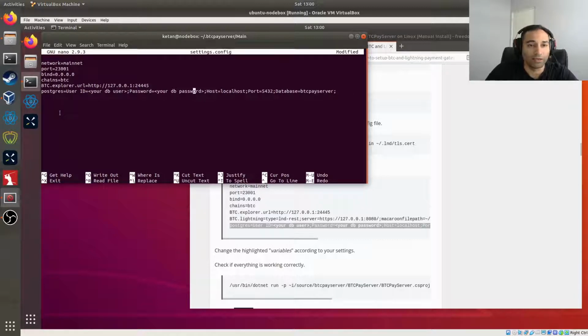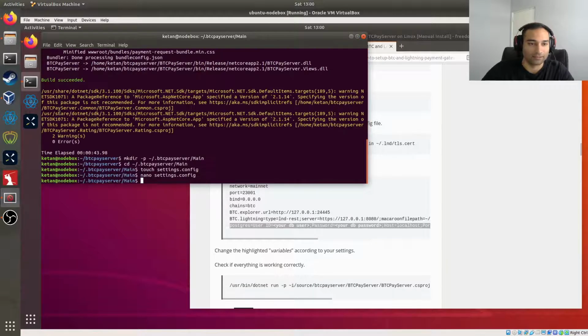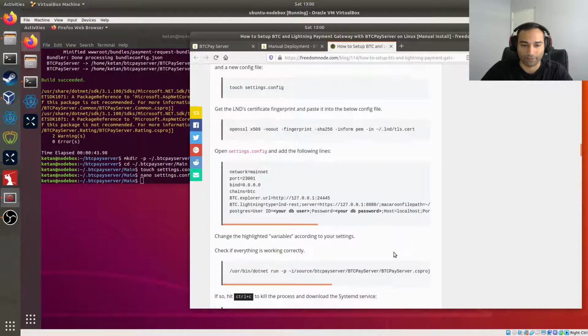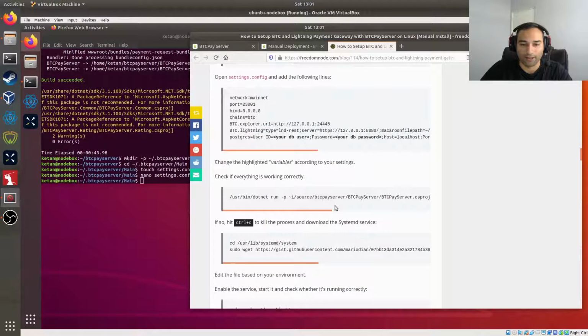We're going to put in our username and password for the database that we created. So that is Catan, and the password that I had was my password. Okay, now we're going to save that. So Control X, Y for yes, I want to save, and Enter for saving that. Okay. Now what we're going to do is we're going to move away from the